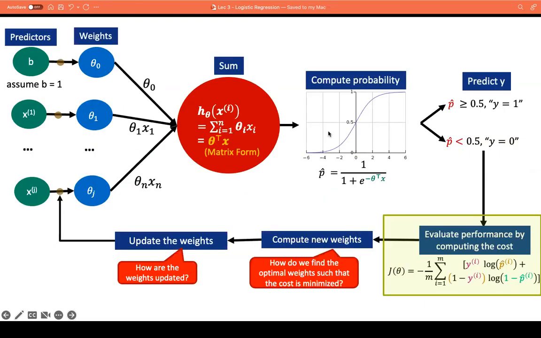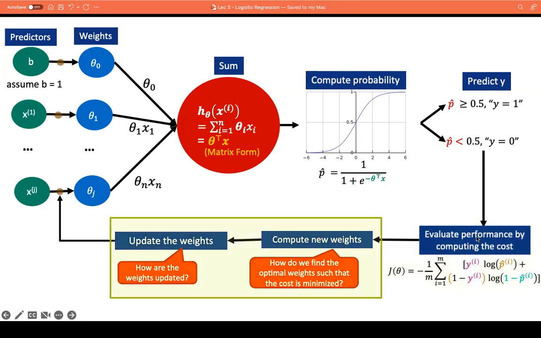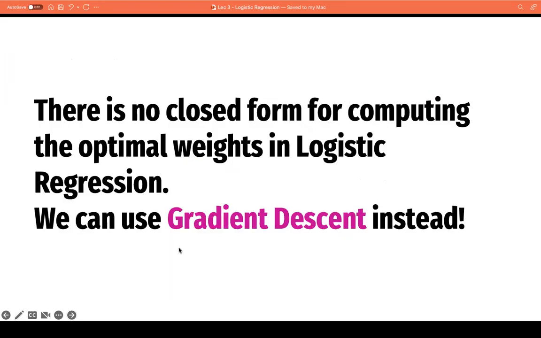So now that we are done with finding out the cost function for logistic regression, let us move on to updating the weights as well as computing the new weights. The question is how we can find the optimal weights such that this computed cost will be minimized, and using the computed new weights, how can we update the old weights? Unfortunately, there is no closed form for computing the optimal weights in logistic regression, but we can use gradient